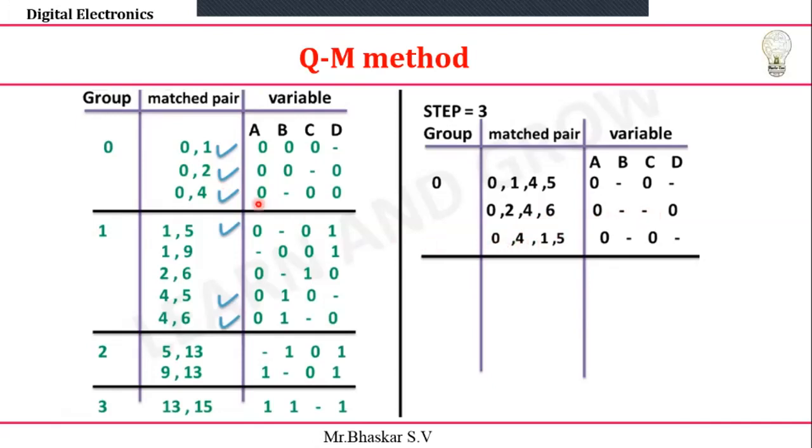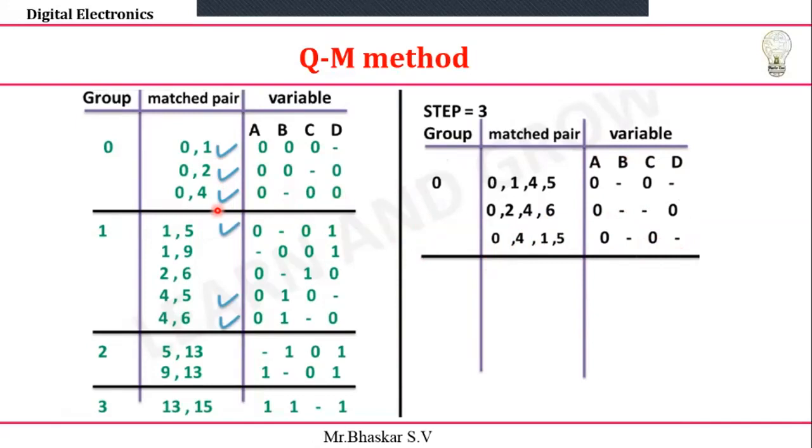Okay, next, looking for 0 comma 4, you just see here, you can check it out, 0 comma 4 and 1 comma 5. Here this 0 0 is same and 0 0 is same, and this bit is changing, and the dash will be same. Okay, I'm going to take 0 and 1, the last bit is changing, that's why I take 0 dash 0 dash. So make it as a group 0. Hope you understand.